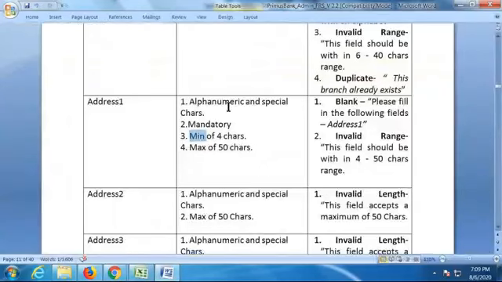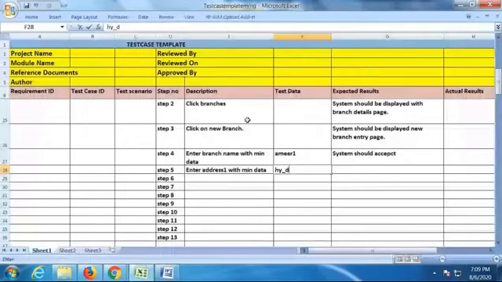Alpha, numerics and special characters also allowed. 4 characters. 1, 2, 3. I can say 1. All combinations: alphabets plus special character underscore, numeric is also missing. So here also, what should happen here also? System should